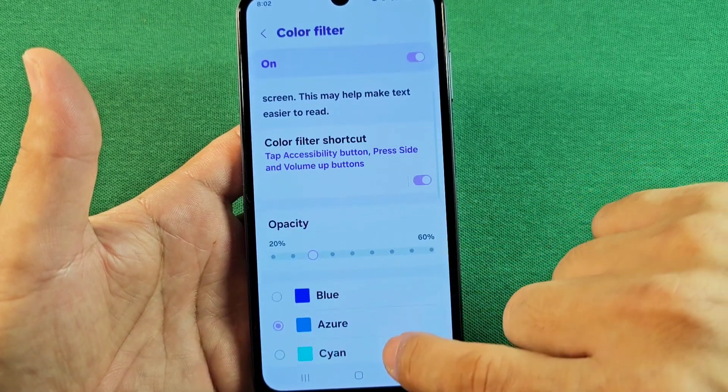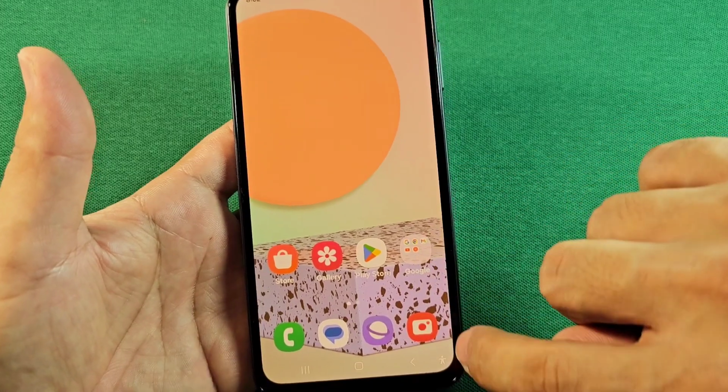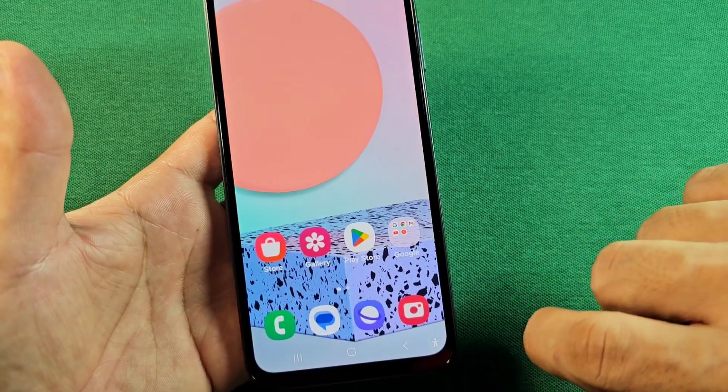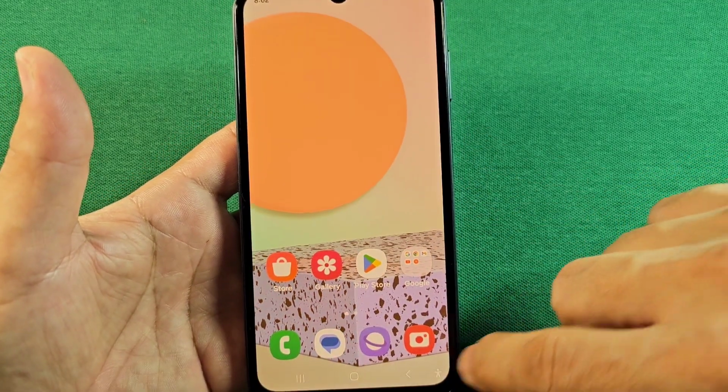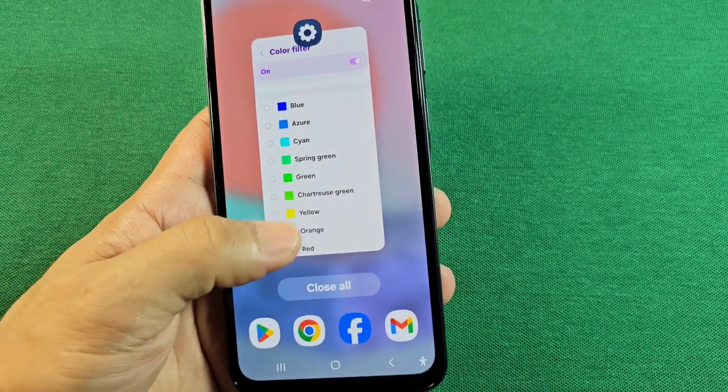So basically, you don't really need to go back to the settings. You can just tap on this icon here, that'll turn it off and then turn it on for you at any given time. Okay, now to remove the shortcut, you'll have to go back into the settings the same way